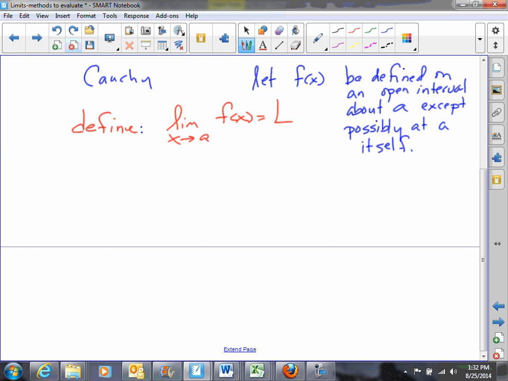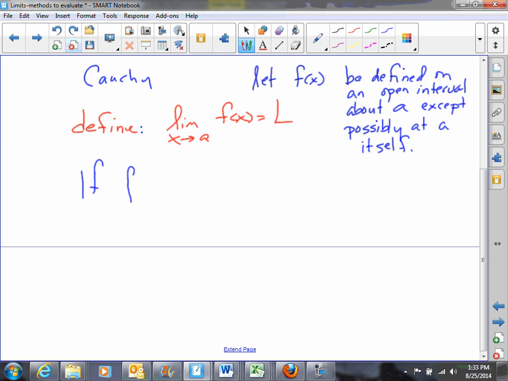But remember, we're not really going to look at f of a, although one of the techniques we showed you was direct substitution. But the real concept here, as we're trying to do a formal definition, is what are we squeezing in on as x gets closer and closer to a. So we don't really need to look there, although that's a very useful technique when we're evaluating limits of continuous functions. So let f be a function defined on an open interval that contains a, except possibly at a itself. Now we say the limit as x approaches a of f of x equals L if